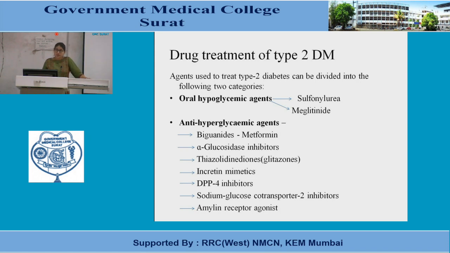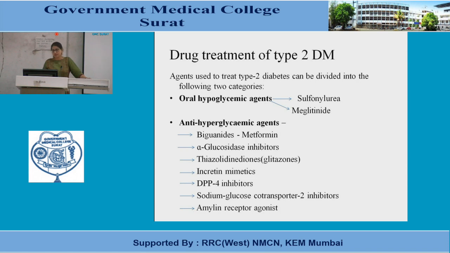There is another broad group which is known as the anti-hyperglycemic agents. Now what is an anti-hyperglycemic agent? That means they do not let the glucose level go up. Hypoglycemic means they will lower the glucose level, whether it is a normal glucose level or a level which is more than normal. But in the anti-hyperglycemic group, the glucose is decreased only when it is at hyperglycemic level and not at the normal level.